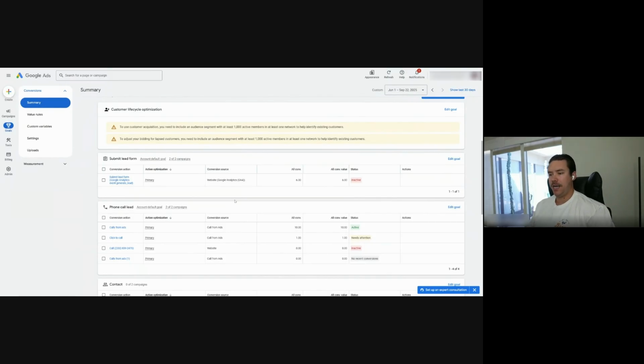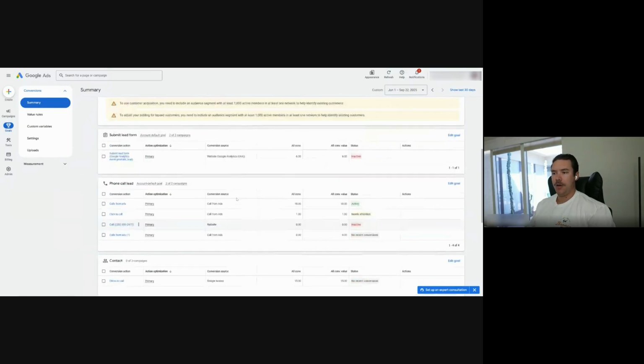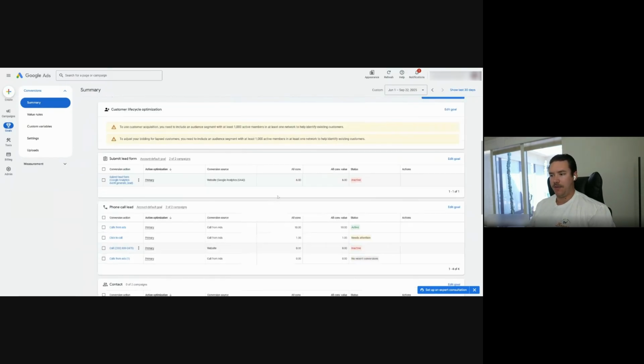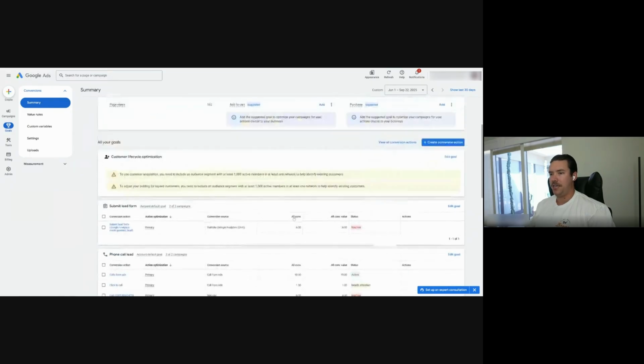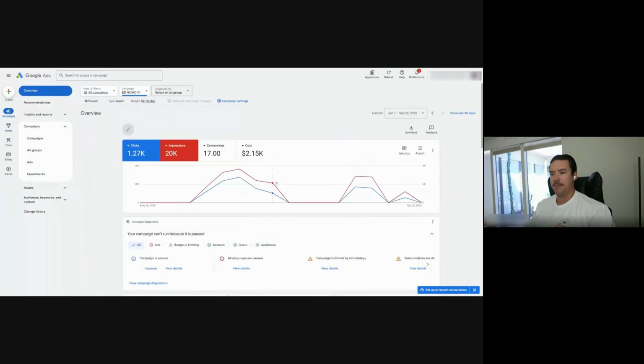Okay, got it. Yeah, then just of course, just to reiterate, make sure you have conversion tracking set up accurately. But call from ads is always going to be good and accurate, because that's when someone calls you from the search engine result page, they just click your call out, which is call from ads. That's fine. So I'm just going to assume that for the most part, you probably got 16 conversions in here from this time, and this shows 17, which is fine, which is the other click. So for the most part, those are accurate.